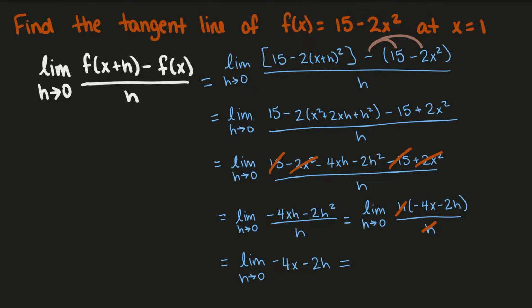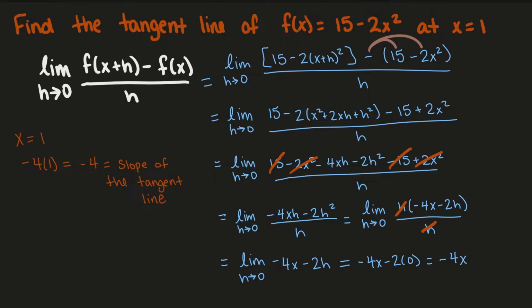So we are able to now plug this in and solve this algebraically. So when we plug this in, we'll get negative 4x minus 2 times 0, or our limit is equal to negative 4x. So this is actually going to be the rate of change of our function at any point. For us, we want to know specifically when x equals 1 what the rate of change is. So now if we plug in 1 for x, we will get -4 times 1, or -4 is our slope at that tangent line,